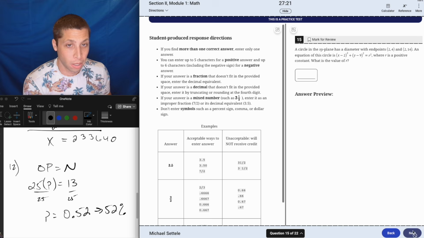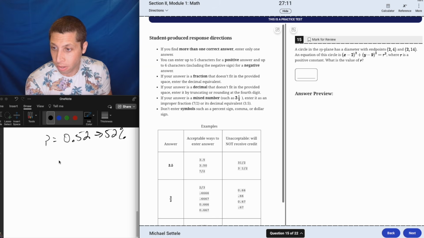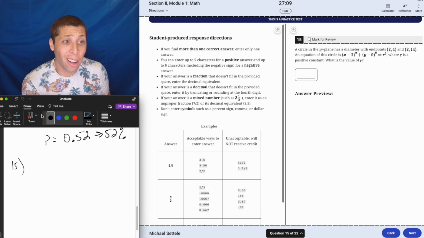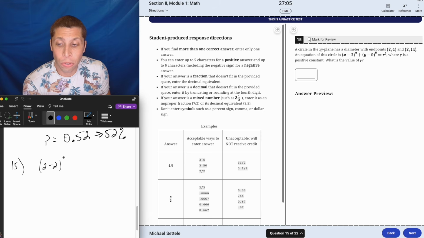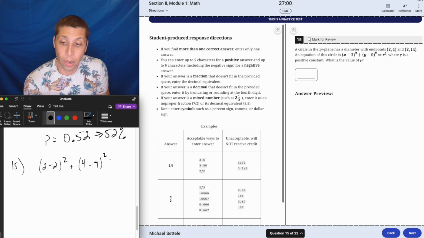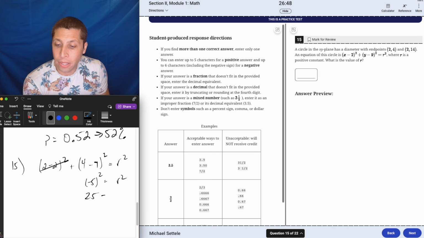There you go. A circle in the xy plane has a diameter with endpoints 2,4 and 2,14. An equation of the circle is that, where r is a positive constant. What is the value of r? Plug points into equations. We got points, and they're on the edge of the circle, so that's fine. So (2 minus 2) squared plus (y is 4 minus 9) squared is r squared. So 2 minus 2 is 0, so this whole thing goes away. 4 minus 9 is negative 5, so negative 5 squared is 25, and we can see where the r is,